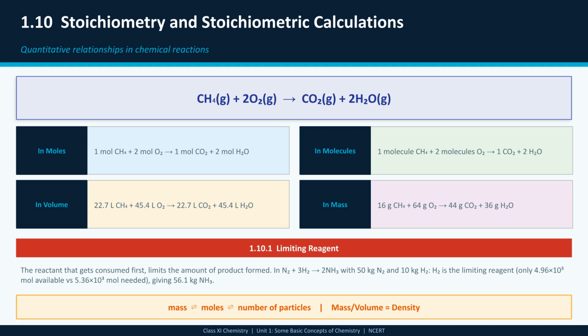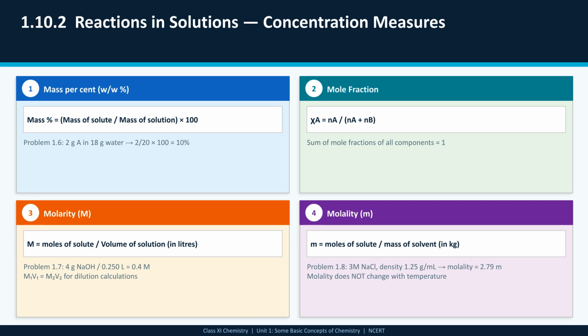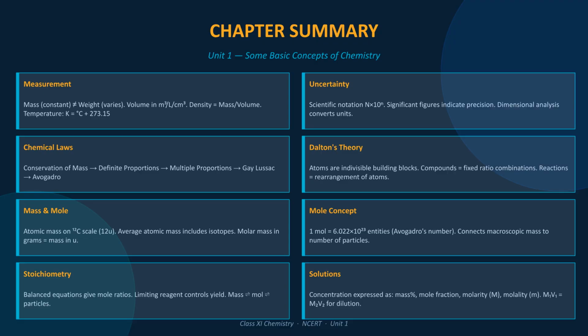A limiting reagent is the reactant that is fully consumed, thus limiting the amount of product formed. Concentration measures for reactions in solutions include mass percent, mole fraction, molarity, and molality. Molarity depends on the volume of the solution, while molality depends on the mass of the solvent and is not temperature dependent. This video summarized key concepts from basic chemistry: measurement, uncertainty, chemical laws, Dalton's theory, mass and mole concepts,